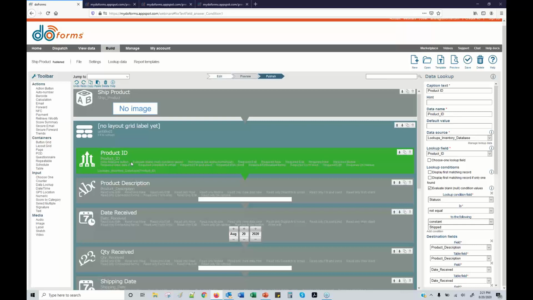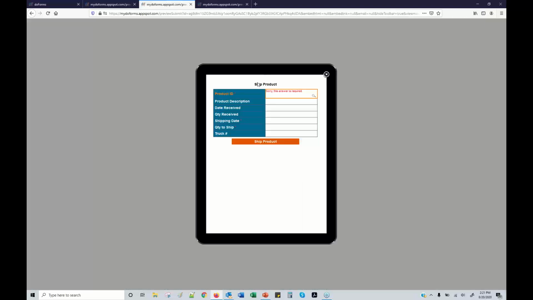The reason that I made it a dropdown is, again, the whole point of this process and everything that we pretty much do here at doForms is to make it as easy on the user and with as least amount of possibilities for human error as possible. So if I come back to my ship form here, and this was just a simple entry, that would still work, but that would require your employees who are either scanning or entering this information to be exactly matching what you have in your inventory. So if they accidentally added an extra character, or they used a lowercase instead of an uppercase,